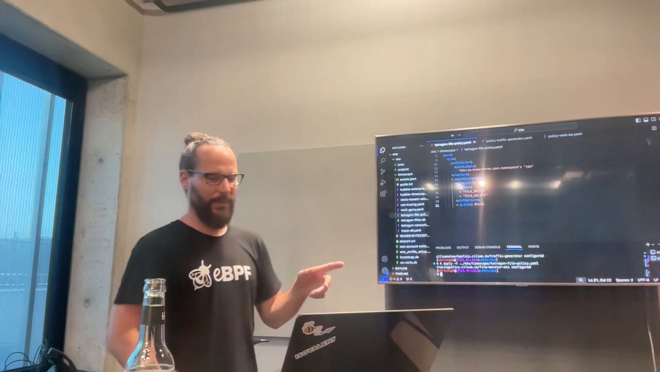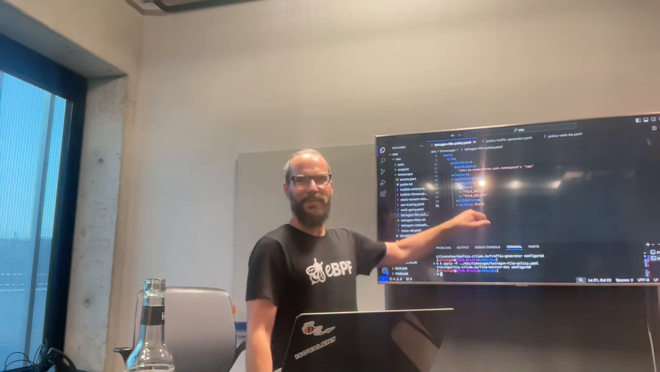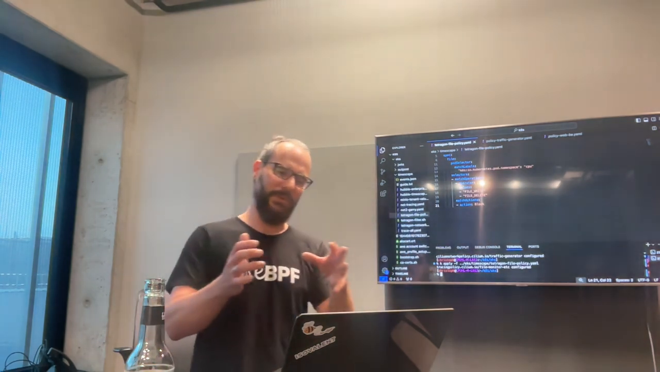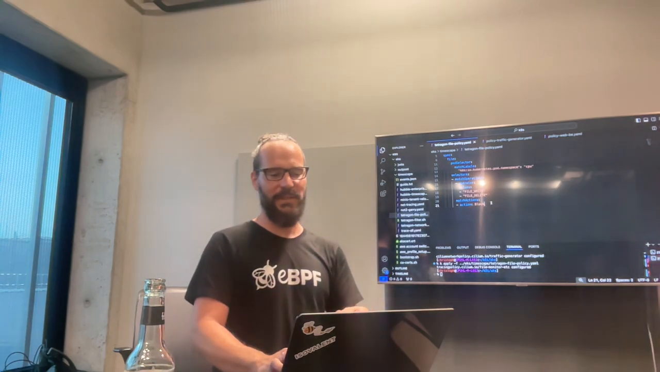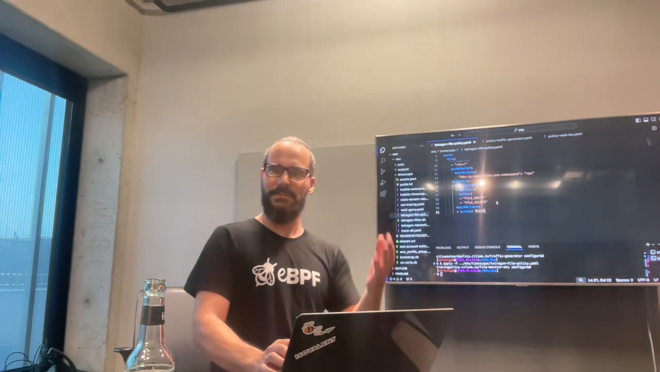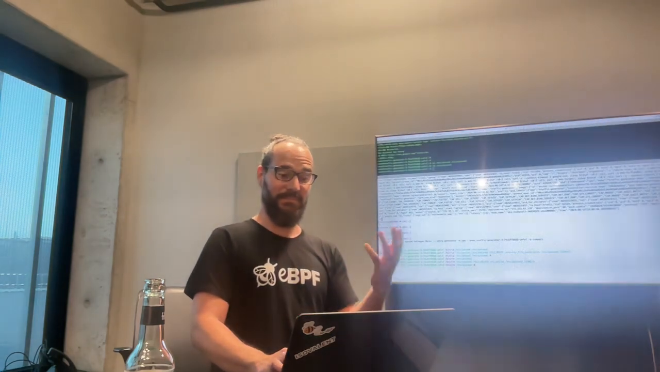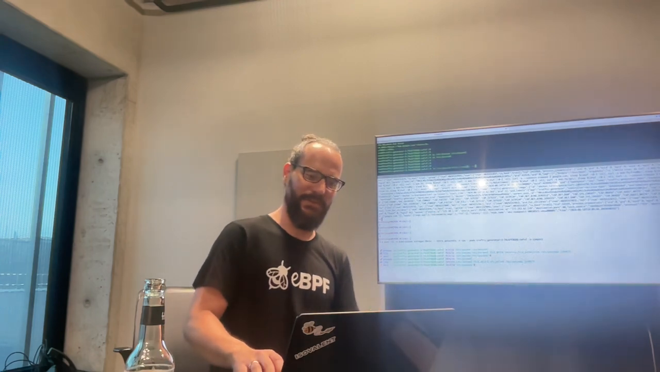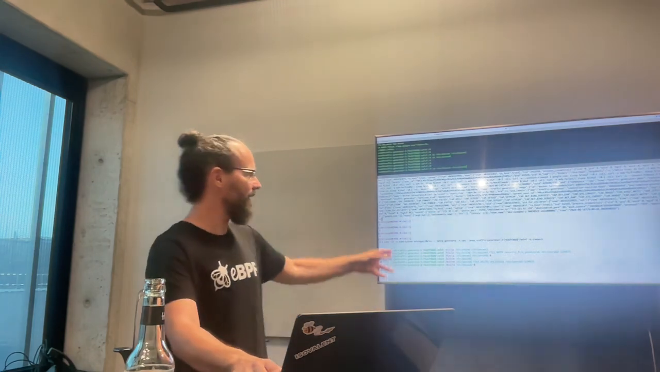I can redeploy the policy, and now I have the action block, which means that now whenever I try to write or delete a file from this path, there's an eBPF program in place that will simply not allow it. That will exit my process. So if I'm trying to copy the file again,